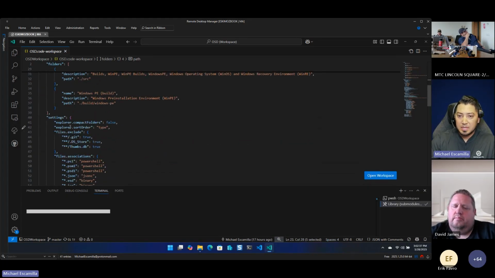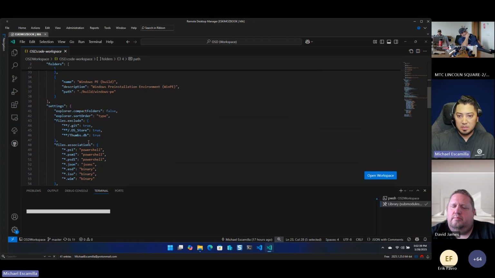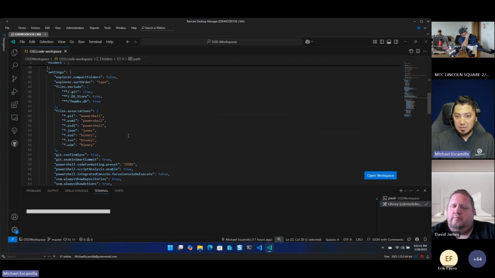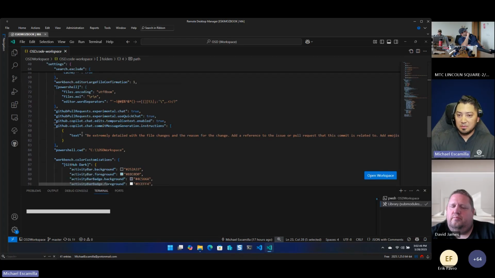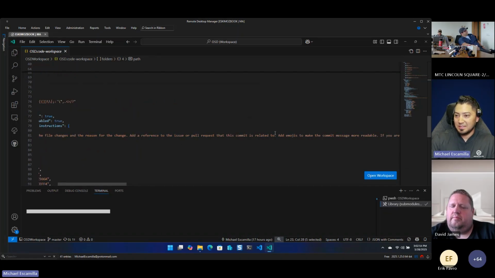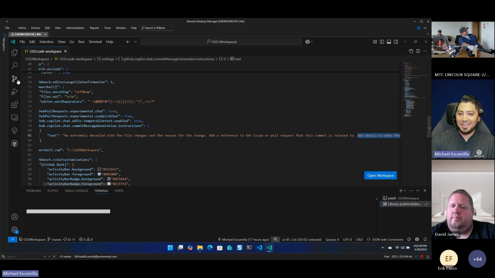But then you can add settings as well. So there's a lot of stuff in here we're telling it to exclude. These are basically the settings that match up in VS Code. And then there's even some good Copilot stuff in here. So for your commit messages, we're telling it, be extremely detailed with the file changes, and then even add emojis to your commit messages. Every time you do that, go ahead and add an emoji,